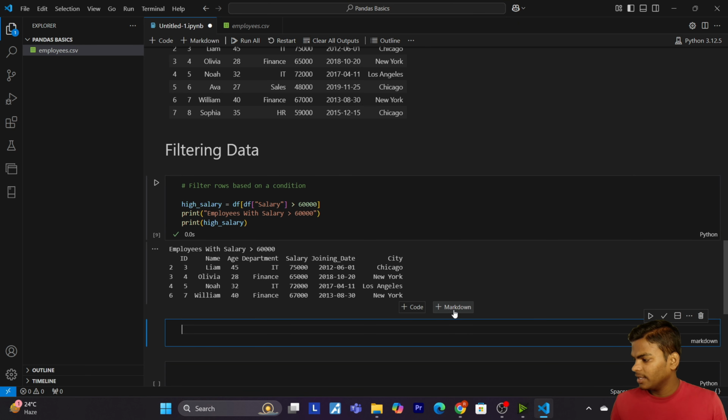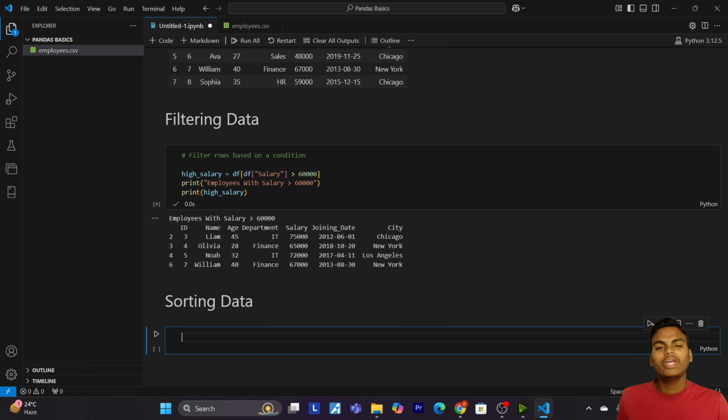Now we are going to learn sorting data. We are going to sort the employees by their age in descending order. So let me give the title, sort by age in descending order.